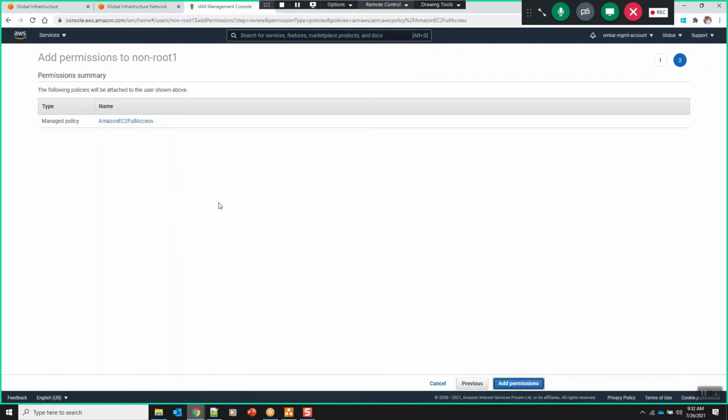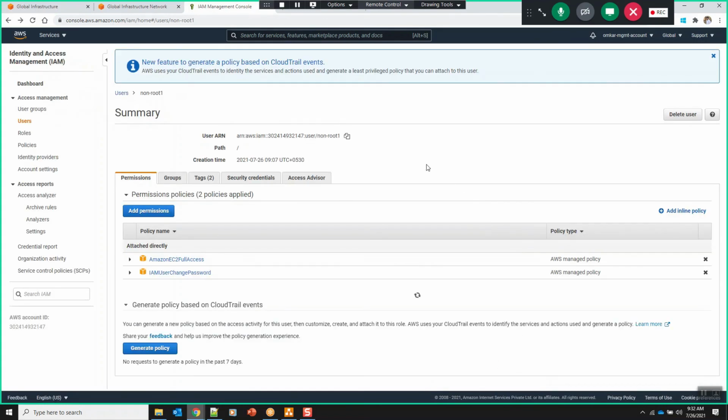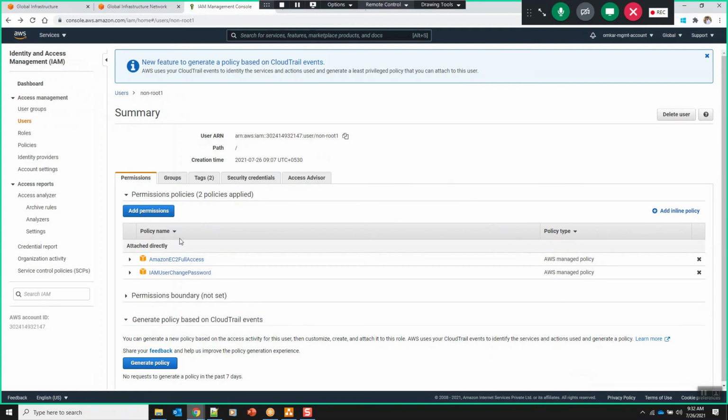So what will happen? It will try to attach to the user. Here we are seeing a permission summary, right? We are trying to add Amazon EC2 full access to the non-root one user. Now you could see, right, earlier for the non-root one user we had only one permission attached, that is IAM user change password. Now we have attached one more policy.